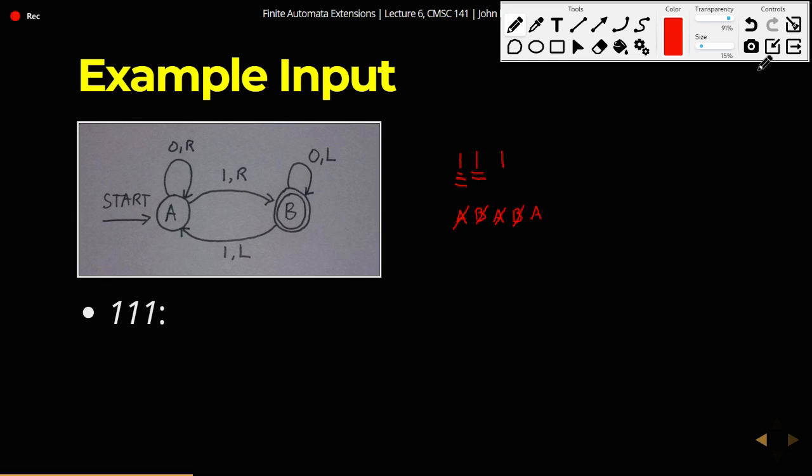So we're back here. So you'll notice that we are stuck in this loop of going back and forth from A to B and going back and forth left to right in the input string. So we're actually stuck in an infinite loop. So this will not stop anytime soon. So for input string 111, the 2DFA will enter an infinite loop.